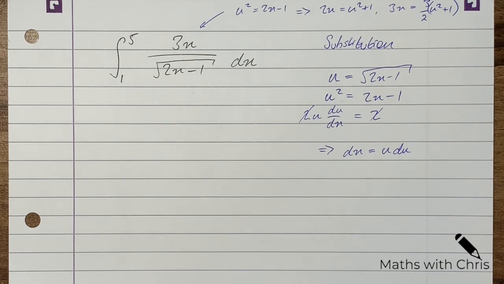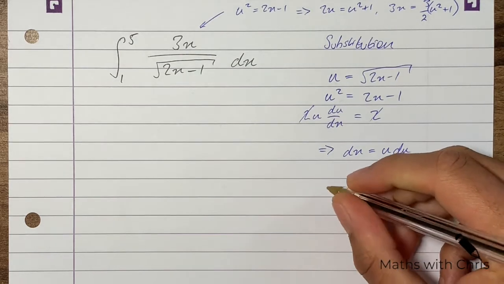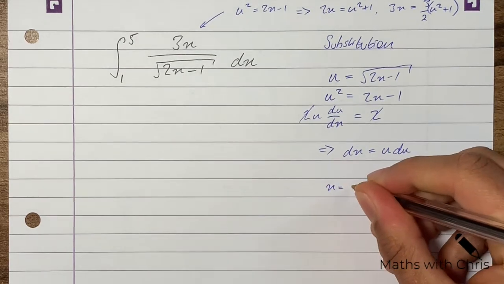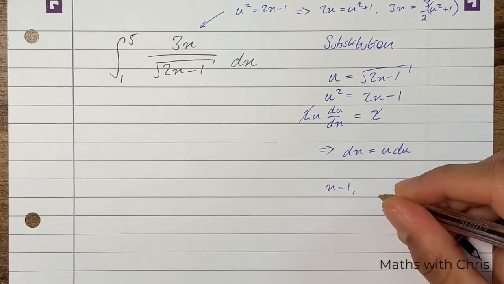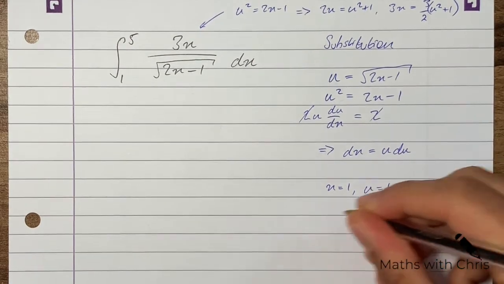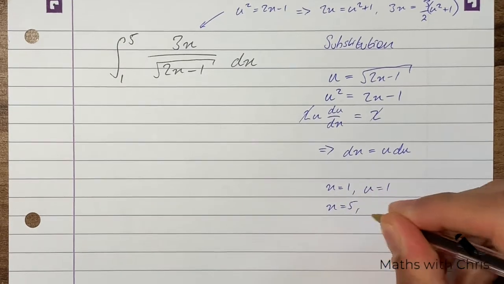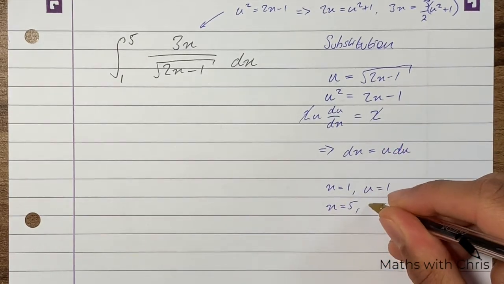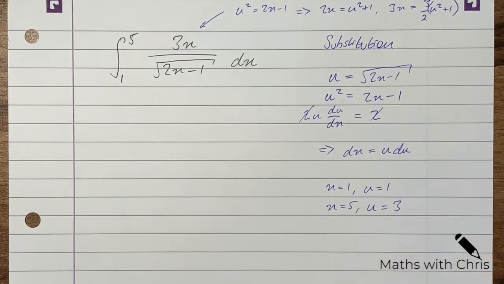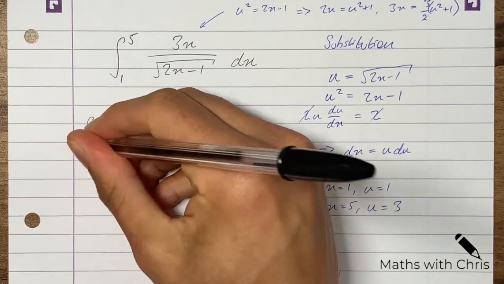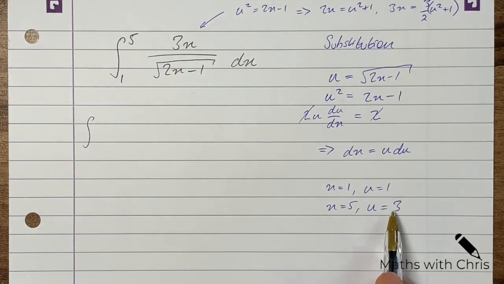Now the last thing we need to remember is the limits, and we can easily check that when x is equal to 1, we get that u is also equal to 1, and when x is equal to 5, if we plug that in here, we get that u is equal to 3. So now we've got all the ingredients and we can plug this into our integral. So this is the integral now between 1 and 3